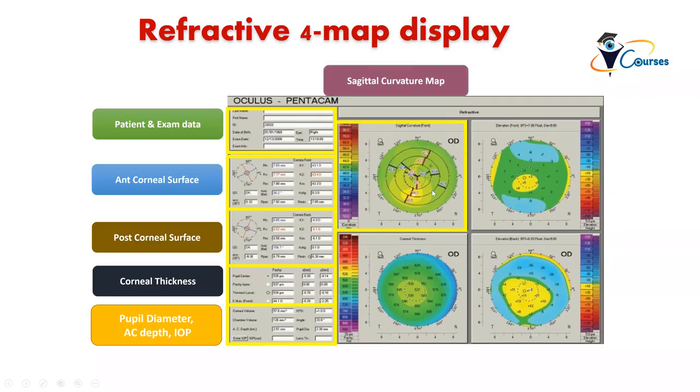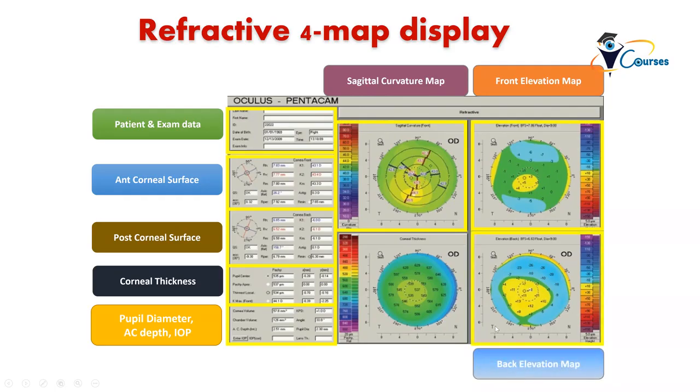The first one is called the sagittal curvature map, then the frontal elevation map or anterior elevation map, then the back elevation map, and the pachymetry map. So these are the maps of the refractive 4 maps display. Let's analyze each one of them. What will be the suspicious signs that, when you see them, you consider a patient could be at high risk of